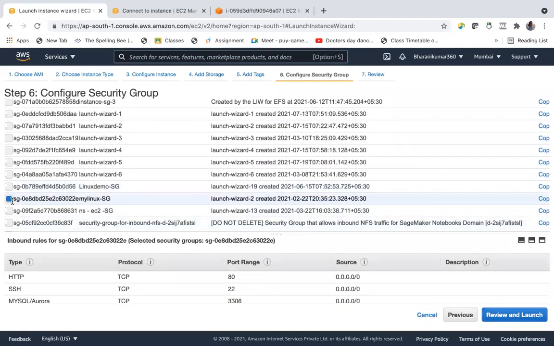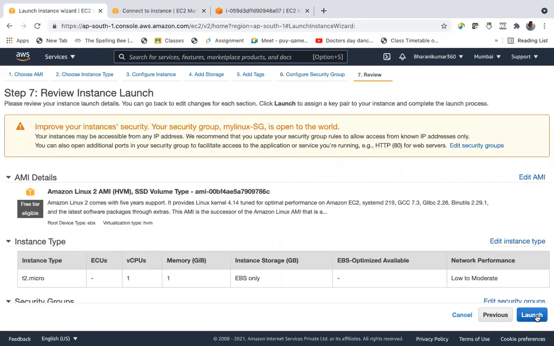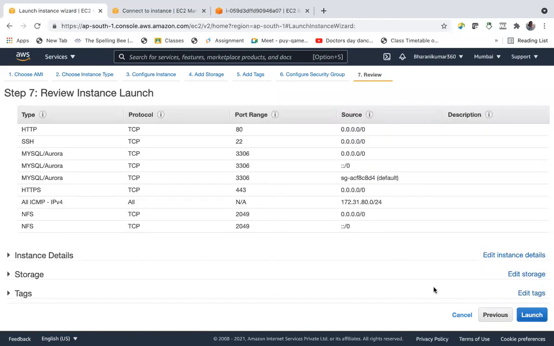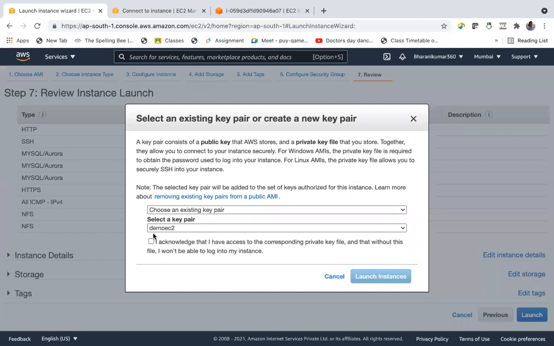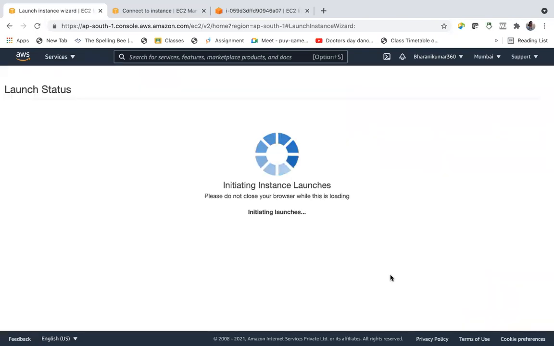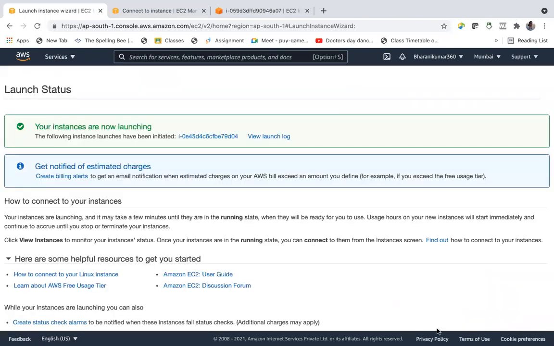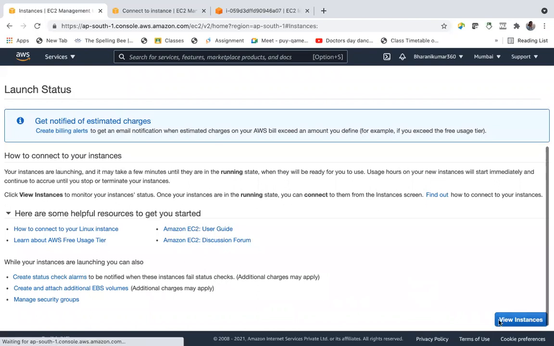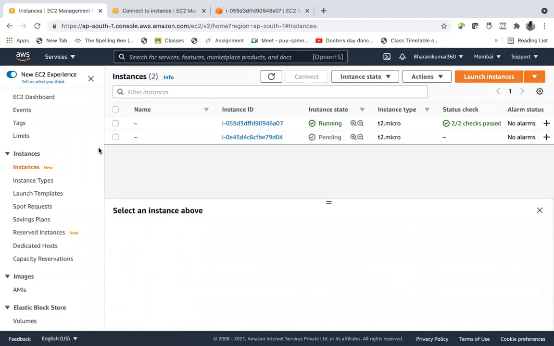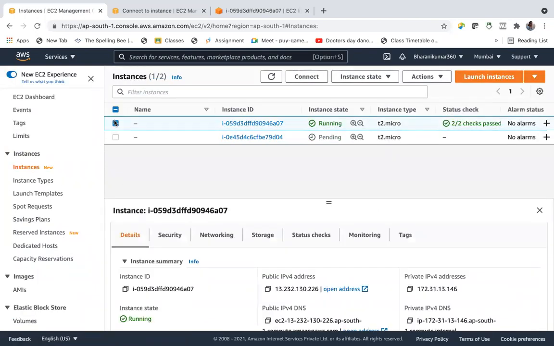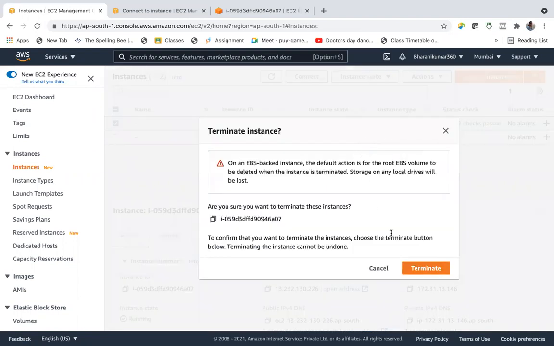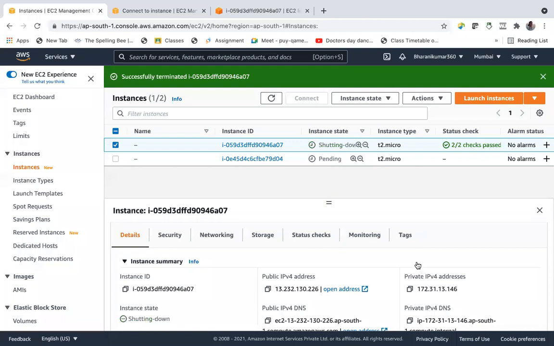We'll choose this one, and then launch. Terminate this instance.